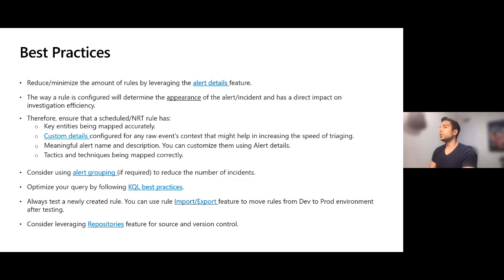When we are writing the detection, we need to find the right tool to do that. When we are finding the right tool, we need to use and leverage the abilities that we are providing with it. So we talked about alert enrichment, we talked about the entity mapping, we talked about custom details, and of course the alert details that will allow us to create more detections in fewer rules, like we saw on alert enrichment. And of course, we want to keep with the KQL best practices,